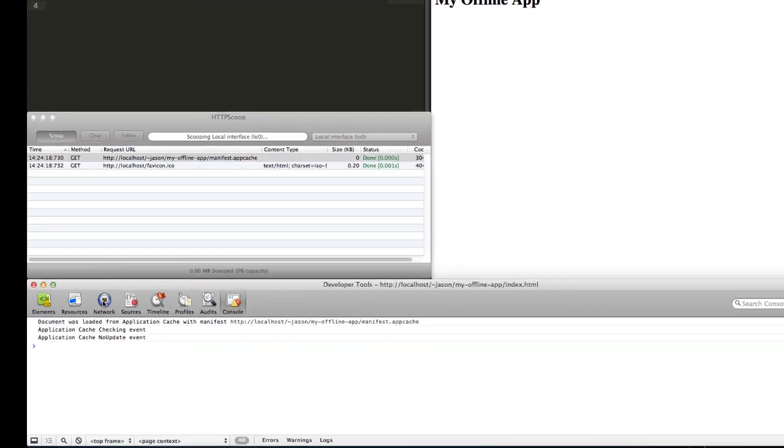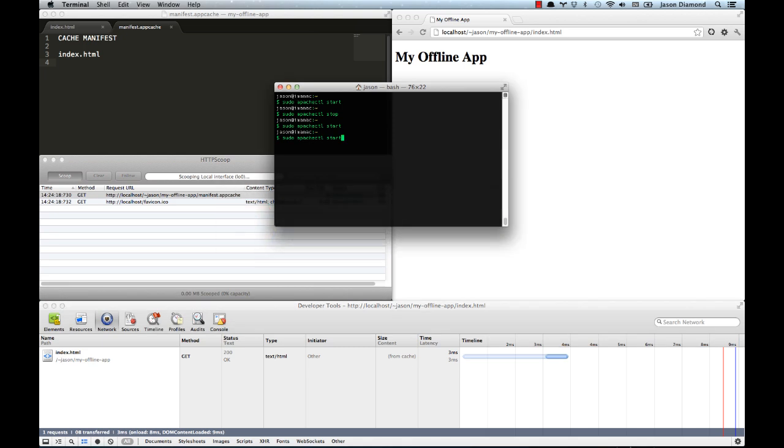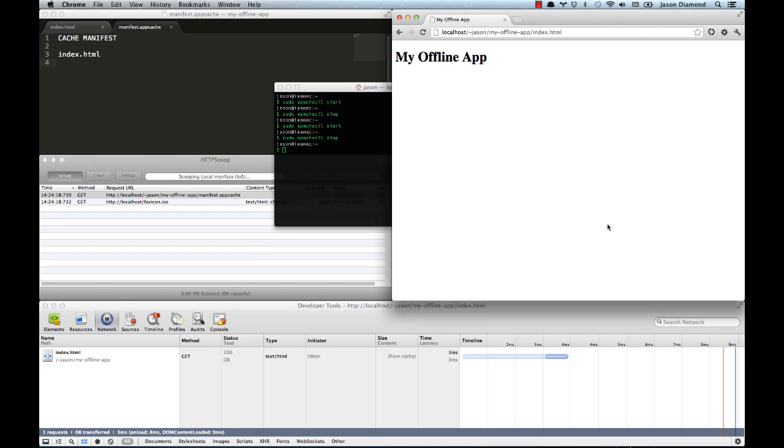Even though no request happened for it, it read it out of the application cache. Here in the network tab in Chrome again, it looks like it's requesting index.html across the network, but that's not what's happening. It's getting this file from the application cache. Now I can go back to my terminal and stop the server again,